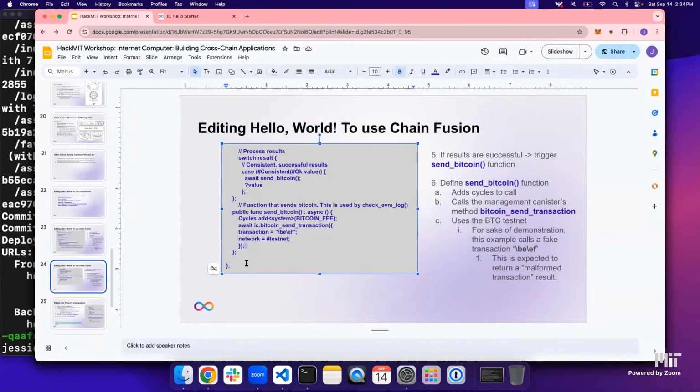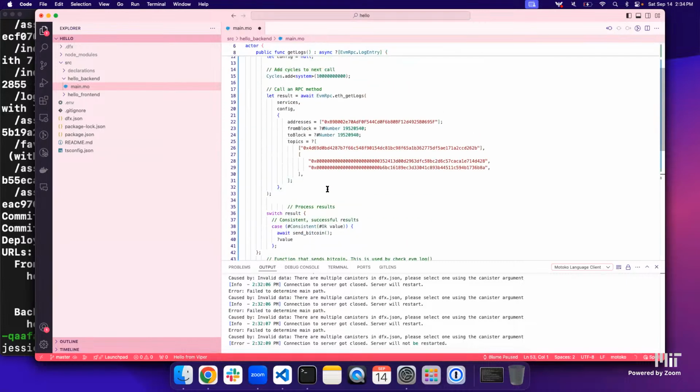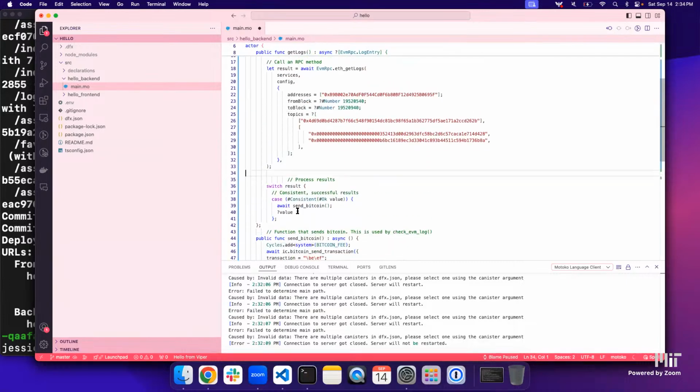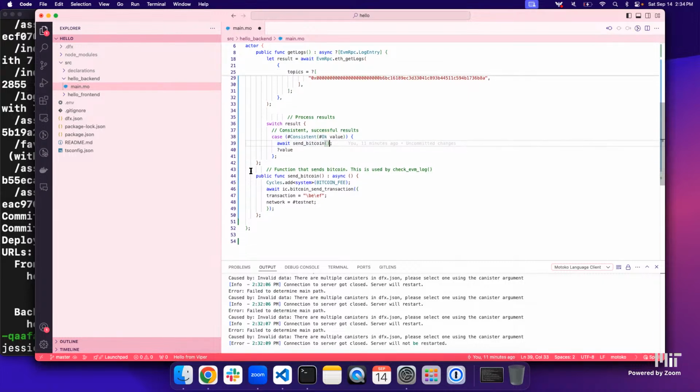And so then the second half of the code is, now that we have the RPC request, what do we do with the result? So we're going to process the results, and if we have an okay, we were able to receive the result successfully, we're going to call the send Bitcoin function. And so then lastly, we just define that send Bitcoin function. It's just going to attach cycles to the call, and then it's going to call the Internet Computer's Bitcoin send